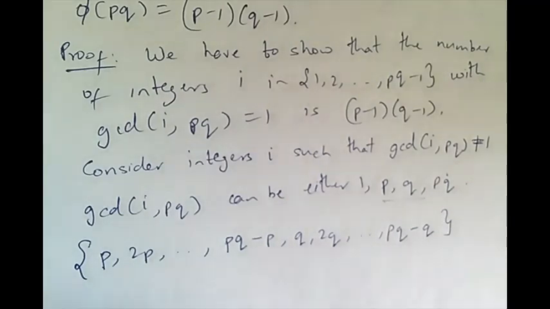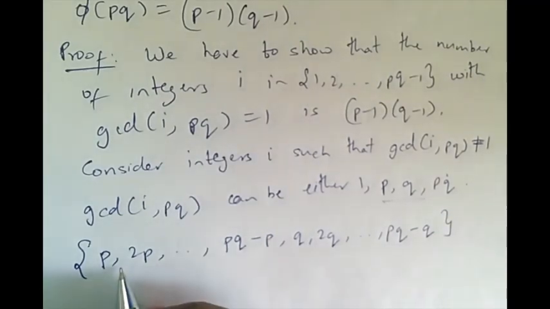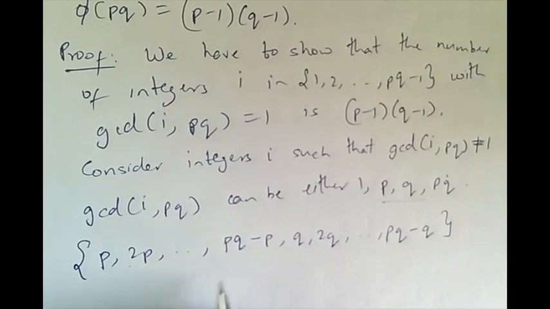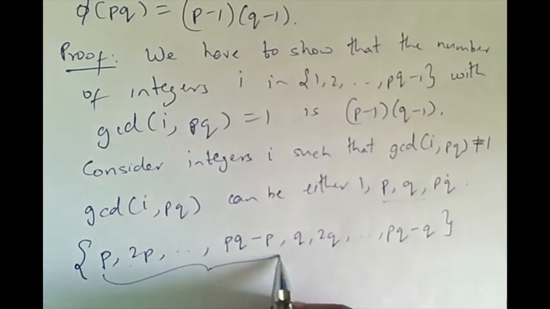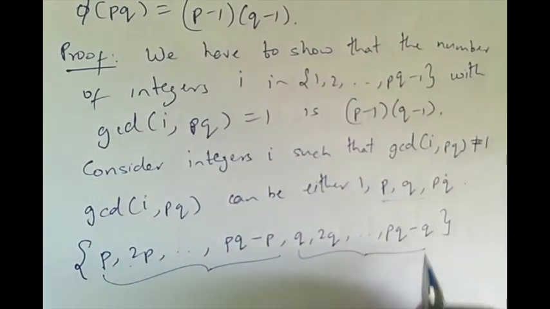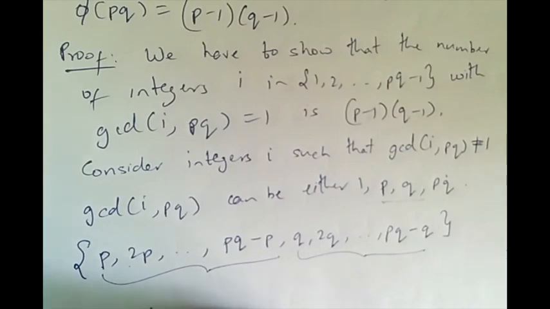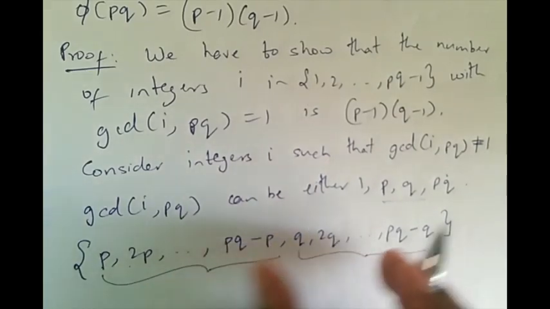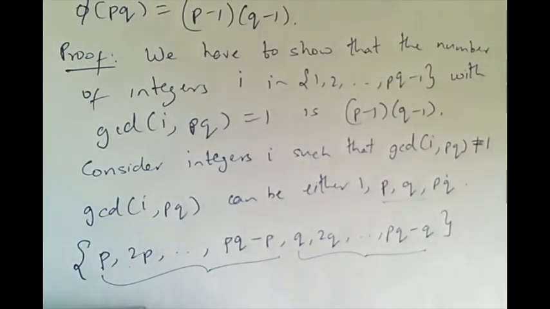So I claim that these are all the integers which are either multiples of P or multiples of Q. And I claim that these two sets cannot overlap. So I mean this here and this here. So we claim that these two regions cannot have any overlap. Because